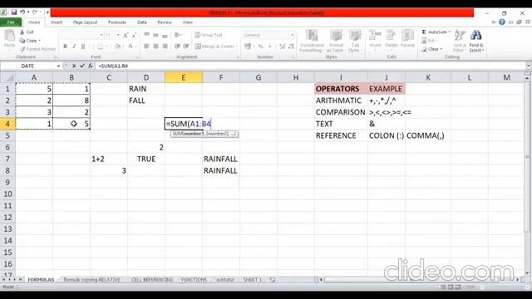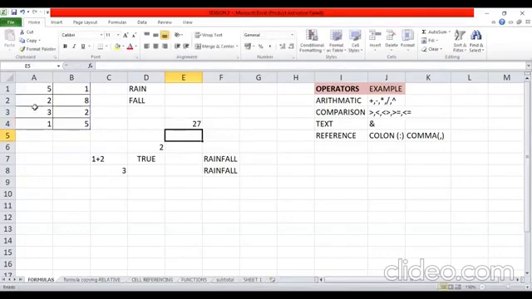How will I select it? I will simply click on the first cell, hold my left mouse button and drag it across the entire range. I'll just show you again how I am doing it. Just click on the first cell, drag it to the entire range. You can see that it is showing me the range A1 to B4. Now I can close my brackets and press enter. It is showing me the sum of all the values written in the cells from A1 to B4. So A1, A2, A3, A4, B1, B2, B3, B4, their sum becomes 24.